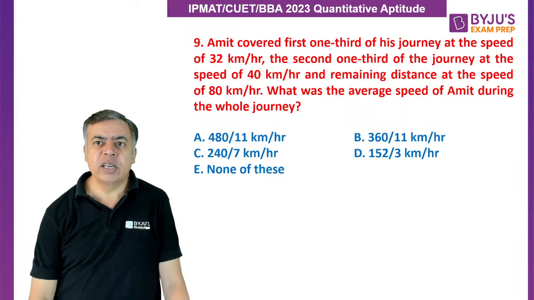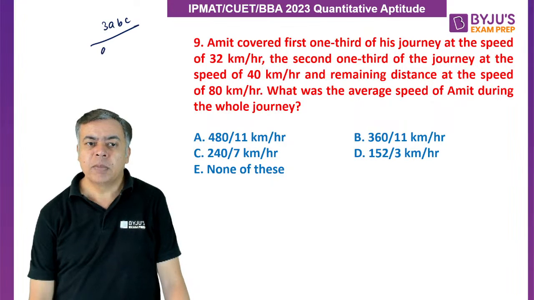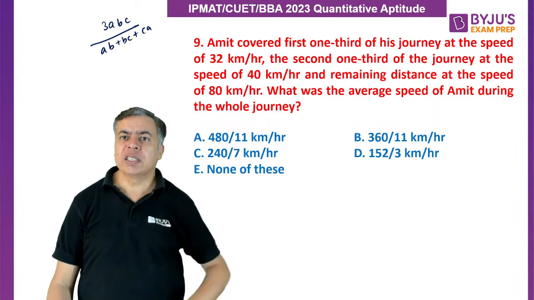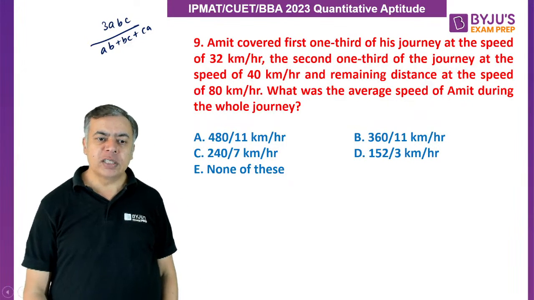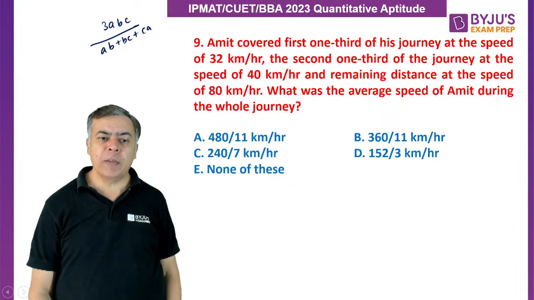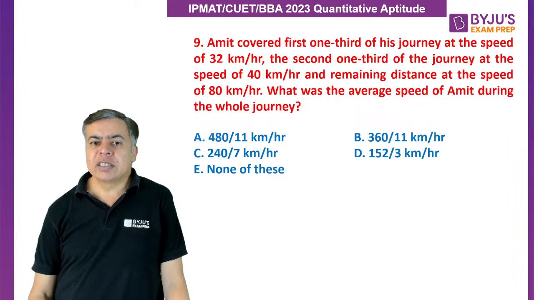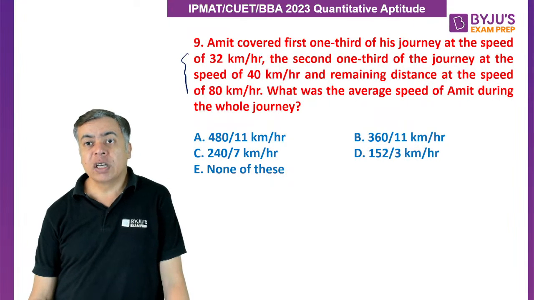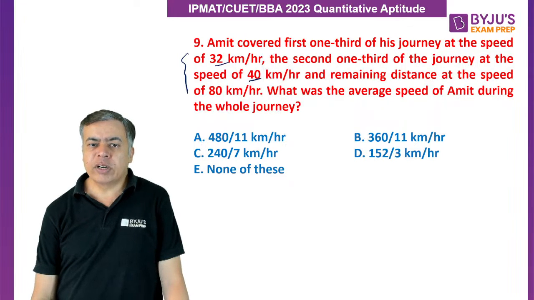That will become basically, instead of 2uv, now it will become 3abc. Let's say the speeds are a, b, c, but here it will be ab plus bc plus ca, right? Okay, you can apply this formula, but this will become lengthy, right? Instead of this, you will apply a simple method. That is what you will do. Take the distance as the LCM of these three, right? Because it is 1/3, 1/3, 1/3, into 3 also you can do, right? What is the LCM of 32, 40 and 80?